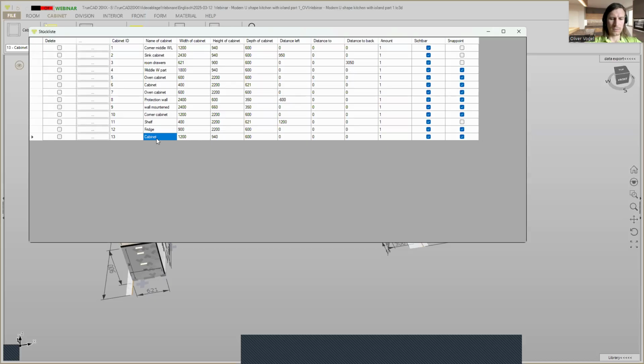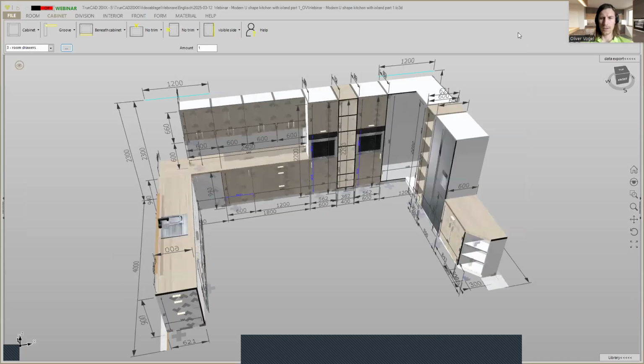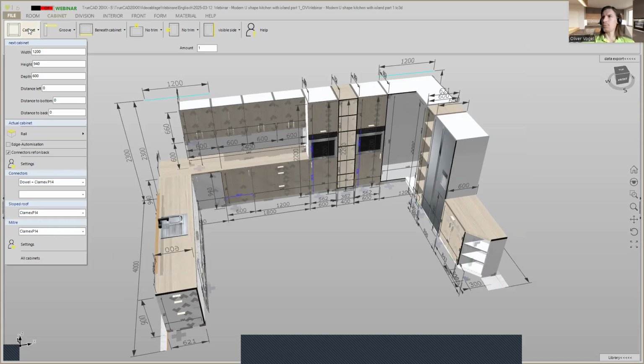And so closing cabinet. So shelf. M is for middle wall, and that's our shelf right wall. Yeah, then we have defined our cabinets, and now we are clicking here on the drop-down menu, and we define